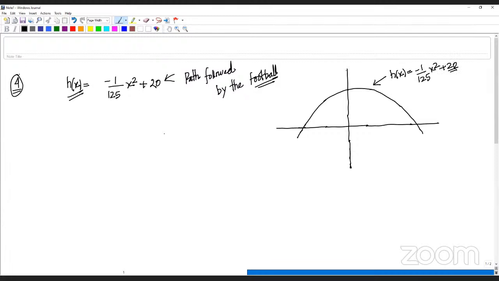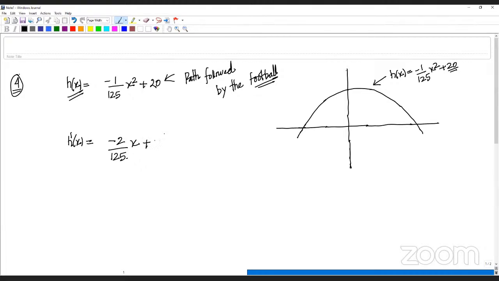The last line says another player jumps and takes the header when the slope of the function h of x is minus 0.64. So when the slope of the function is minus 0.64, at that point another player jumps and takes a header. Next, compute the slope. The slope is basically minus 2 by 125,